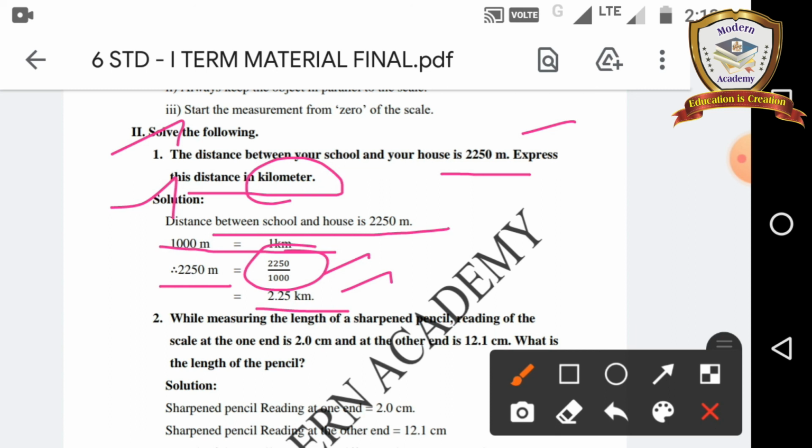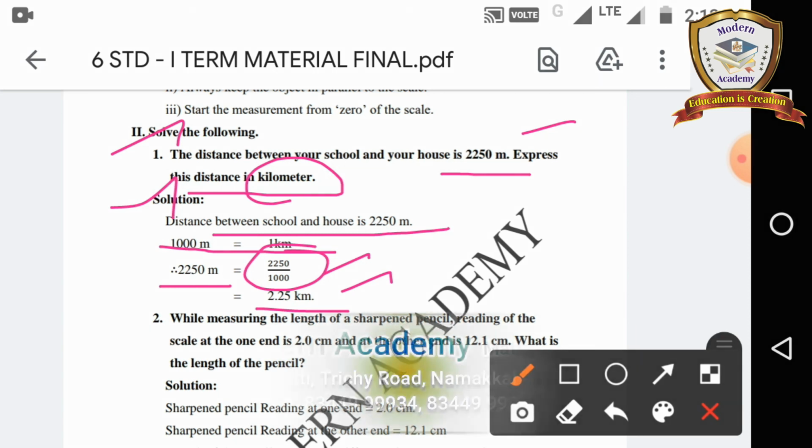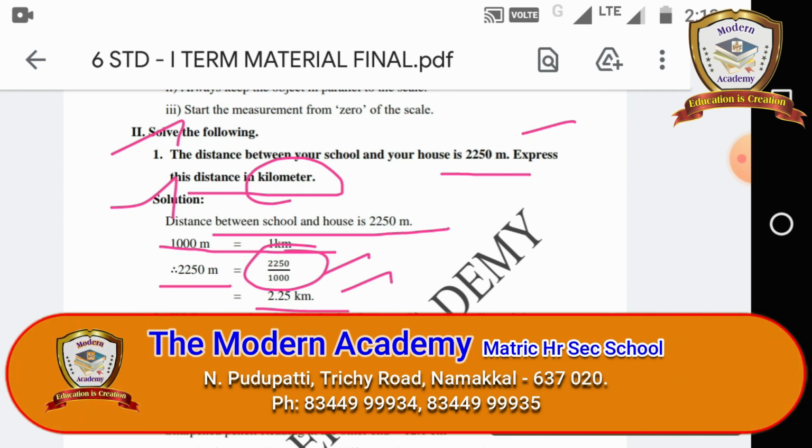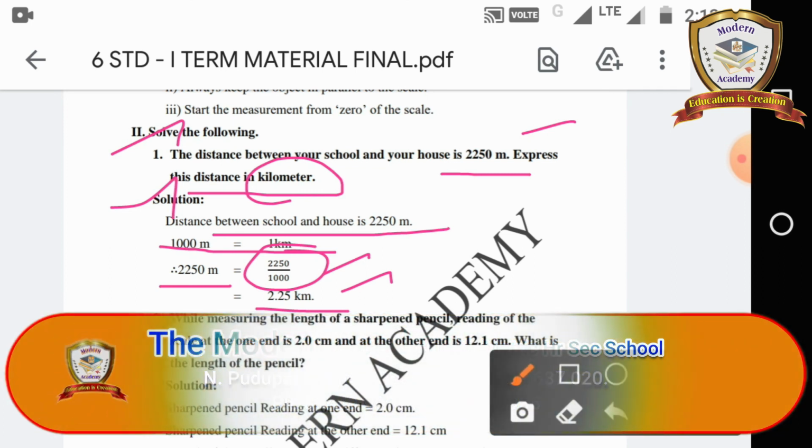Okay students, study those two questions in part A and this question in part 2. Okay, after completion of your studying, you have to write the test and send your paper to your concerned class teacher. Okay, or if you are having any doubt regarding your test process, you just ask your class teacher. Okay students, thank you.